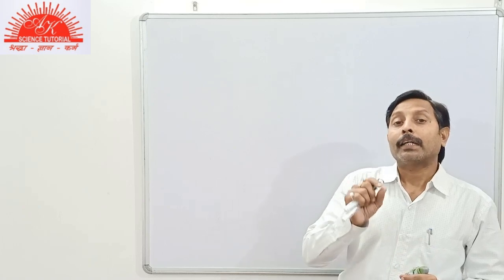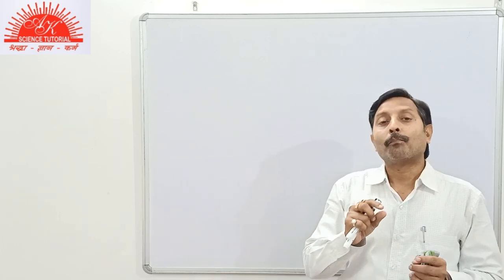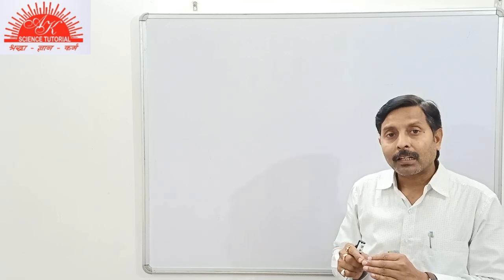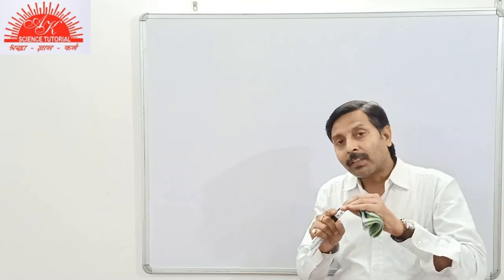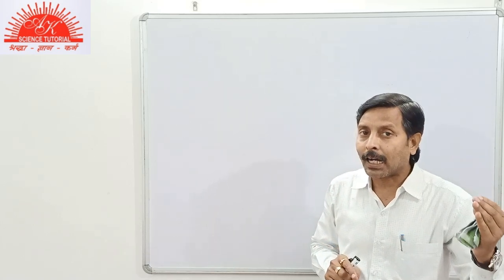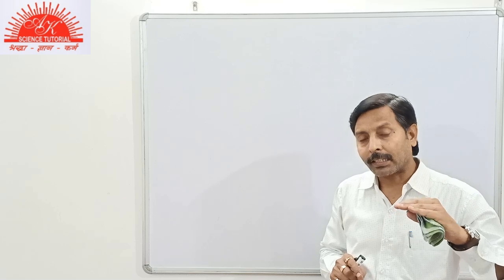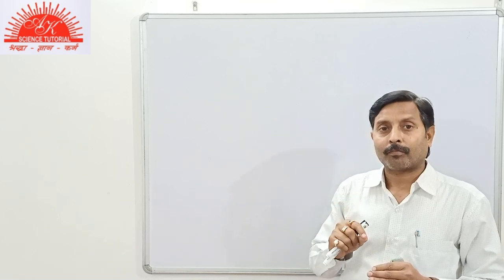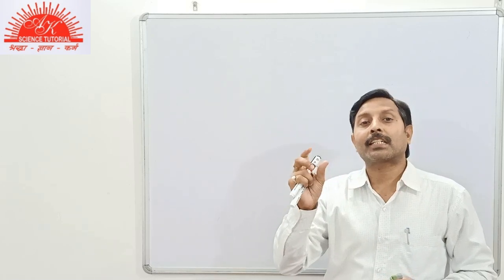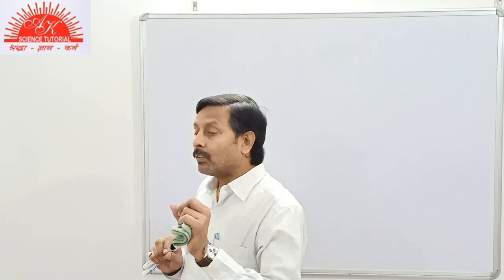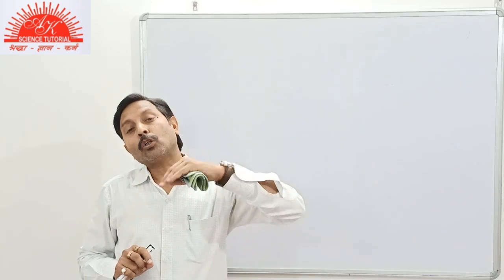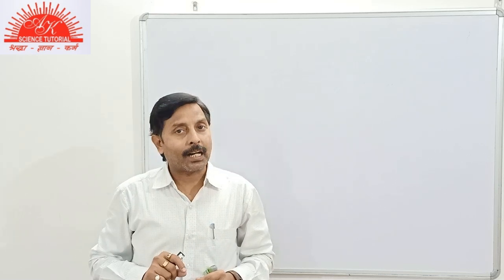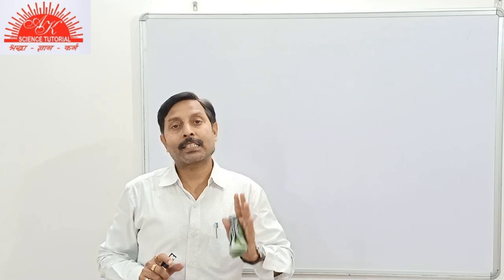But if there is more than one cation or anion in the electrolyte, then any one of the cations or anions will be discharged at the electrodes, that is the cathode or anode, in preference to the other ion. This is called preferential discharging of ions. It means that if there are two cations, both of them will not be discharged simultaneously. Any one of them will be discharged. This is called preferential discharging.